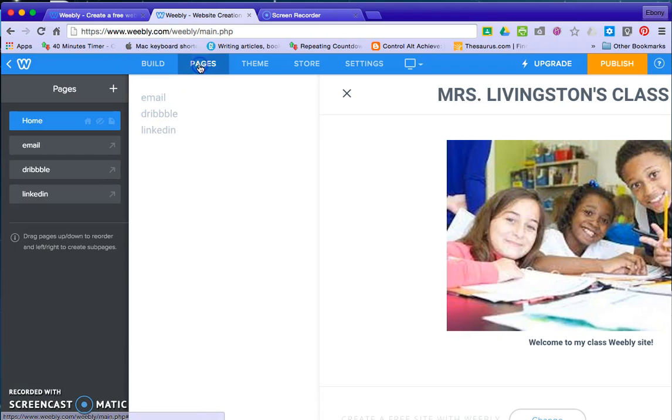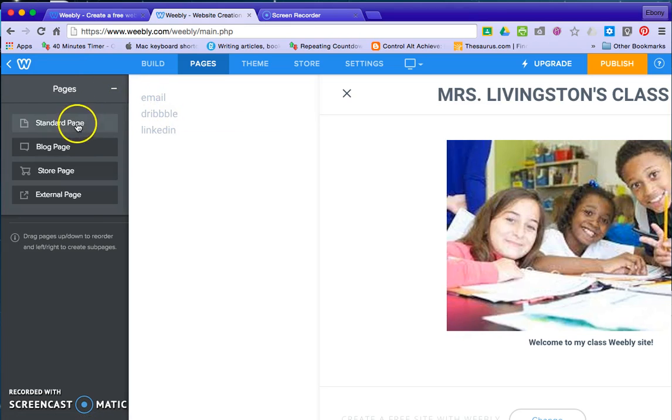If I go here and go to pages, this is where I can add pages. This is just a word of advice when creating a website. Beforehand, it's best to look at other websites and get an idea of what you may want on your page and on your website. You might want to sketch it out, gather your images ahead of time, any of your electronic documents that you're going to add to your page, so that they'll be easy to access when building your site, so that you can go in with a plan, so that you don't spend a lot of time trying to figure out what it is you want. And if that's the route you want to go, that's fine as well. You just build your site